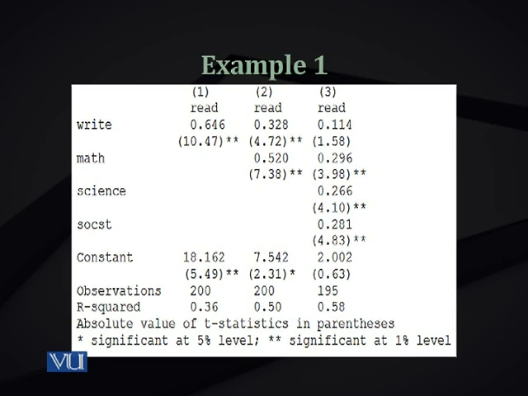Now look at the R square: 0.36, then 0.5 and 0.58. As you know, as you include more independent variables, the value of R square starts increasing. Remember that at the moment you cannot say what R square is good, because maybe in cross-sectional data you have a low R square and that may be good, and in time series data you have a high value of R square but it may not be good. So it depends on the significance of that. You may have performed some tests like the F test that adjust the R square for the degrees of freedom and provide you a statistic to indicate the goodness of it.